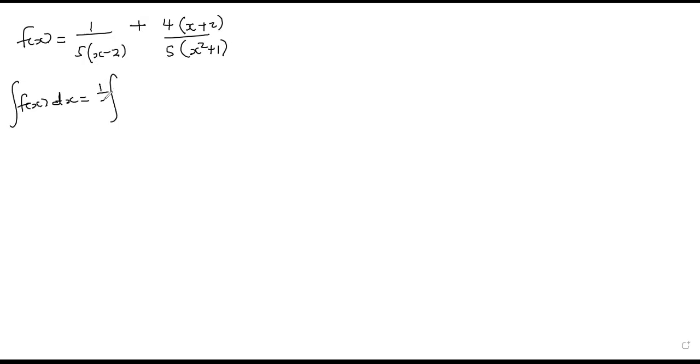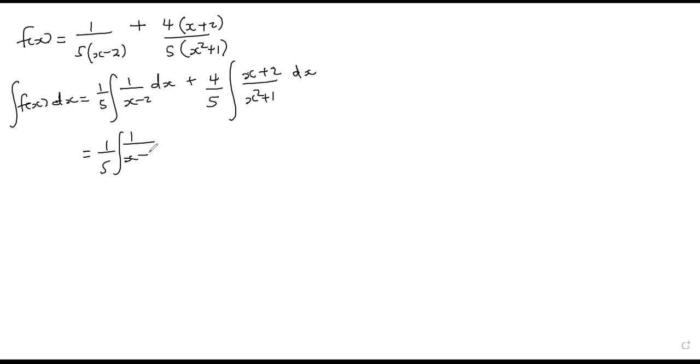We put out 1 over 5, so it is going to be 1 over x minus 2 dx, plus we can put out 4 over 5, integral of x plus 2 over x squared plus 1 dx. This one should not worry you too much because we are going to split it as x over this plus 2 over that. So it is going to be 1 over 5, 1 over x minus 2 dx